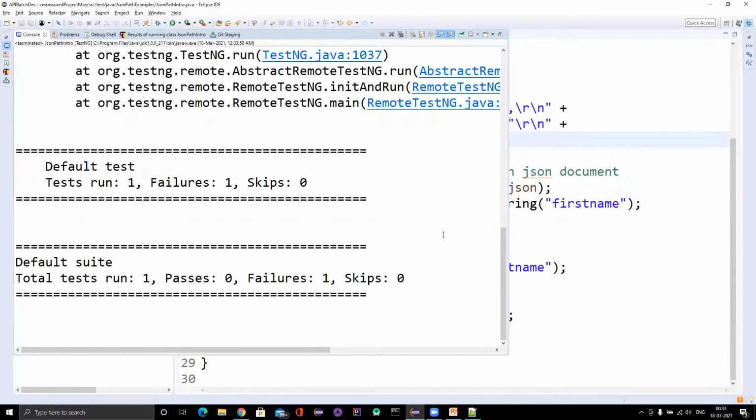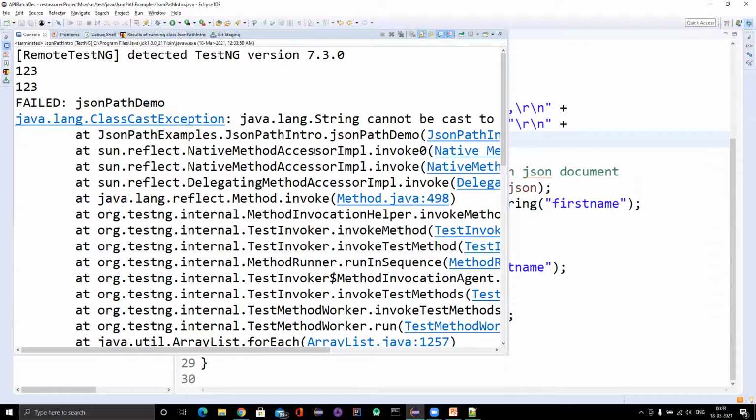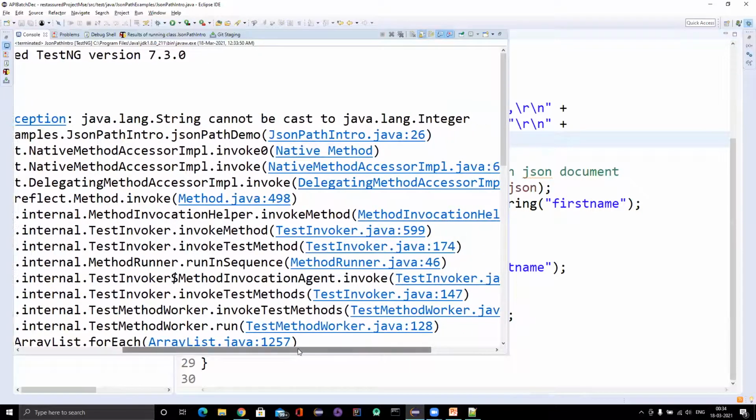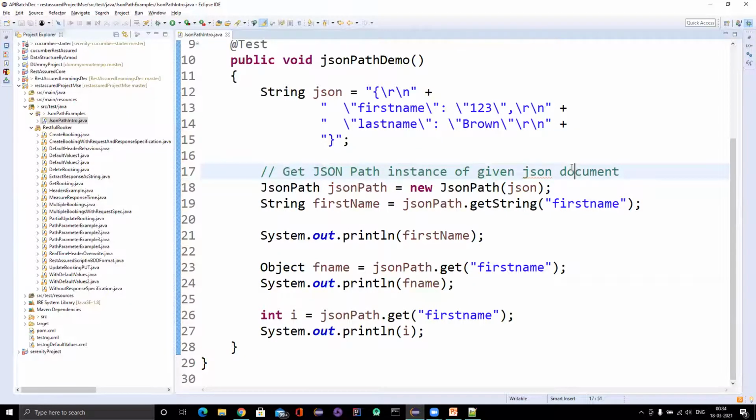Now you can see it is giving you the same class cast exception: String cannot be cast to java.lang.Integer. This is an interview question that was asked in one of the IT companies. Like this, they will confuse you about what exception you might get.